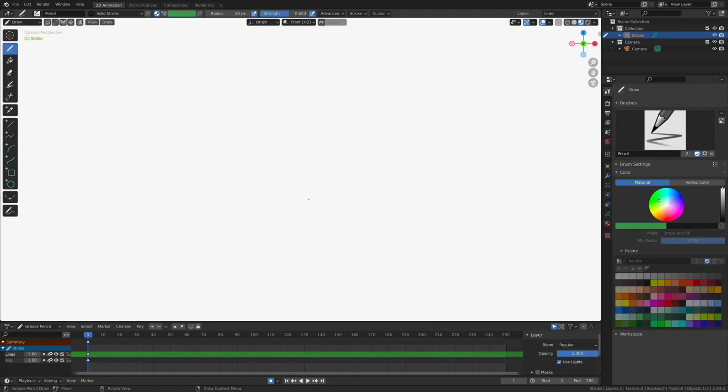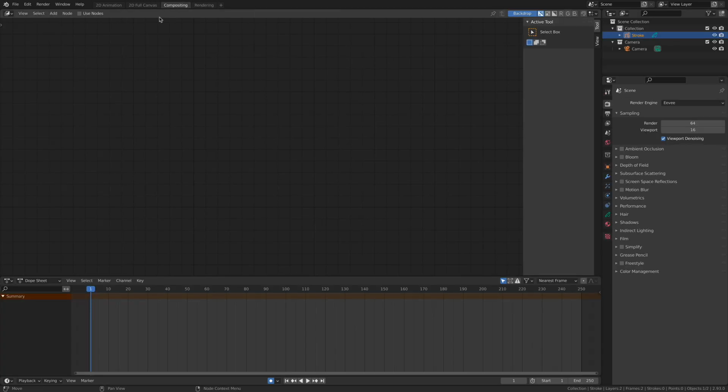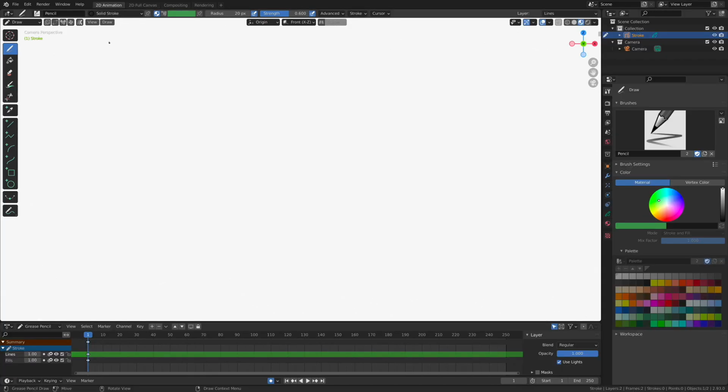And then voila, you can see that all those tabs at the top of the screen have been changed to bring to the surface all of our 2D animation tools. And of course, we're going to start with the 2D animation tab. So welcome to the 2D animation workspace. It's a pretty easy environment to work within.